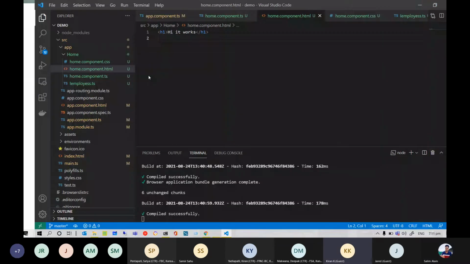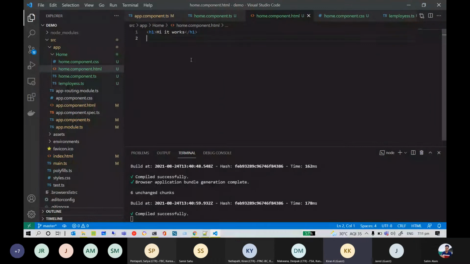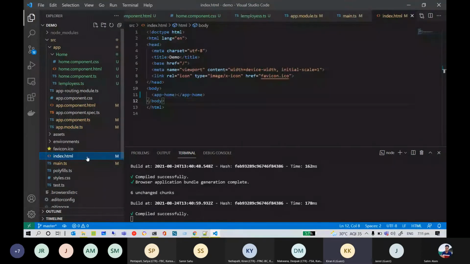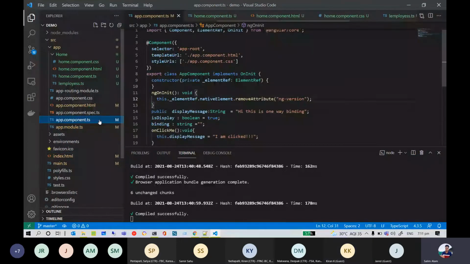I have a question. Now our boot component is the home component, and we are displaying the home component inside index.html in the app home. So how is the second one, the app component, also being invoked? No, the app component is no longer being invoked. It is registered with the Angular module now. So Angular knows that whenever we need the app component, if we go ahead and use it,